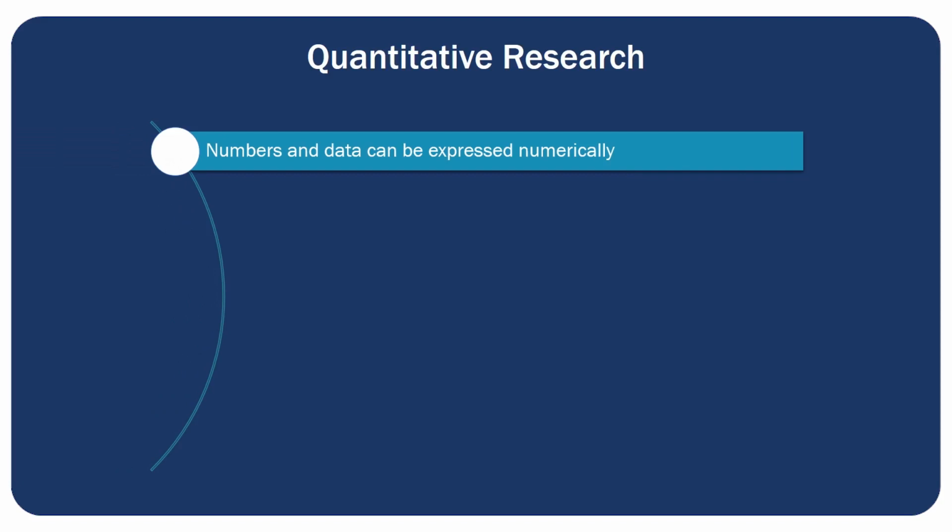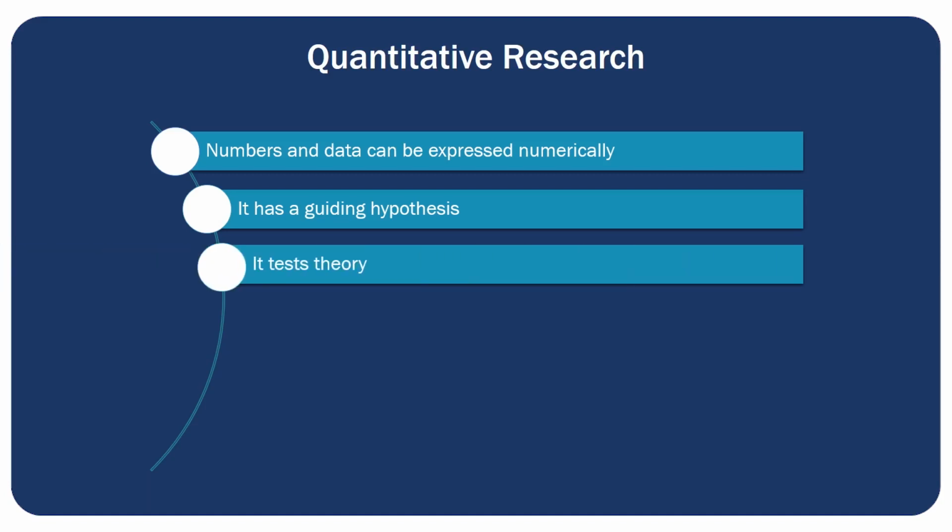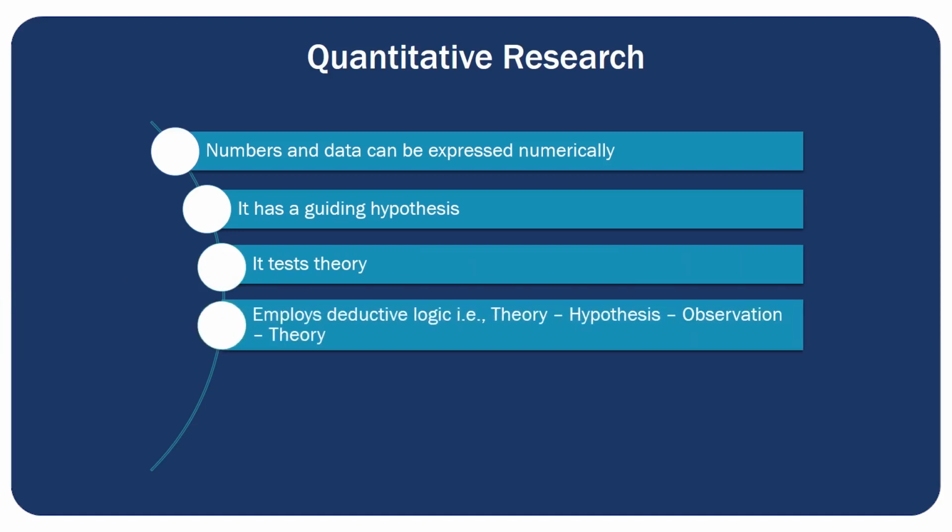That means here you will only talk in terms of numbers, you will only measure things, and a guiding hypothesis always exists in quantitative research. What it does is try to test a theory, because you have a hypothesis deduced from a theory and you test the theory based on that. So in other words, the approach here is deductive logic, that is theory to hypothesis, hypothesis to observation, and